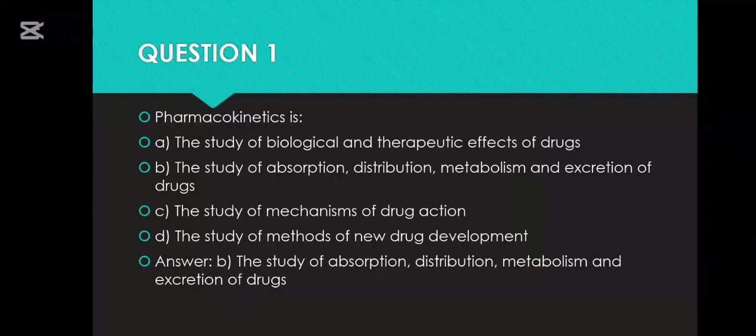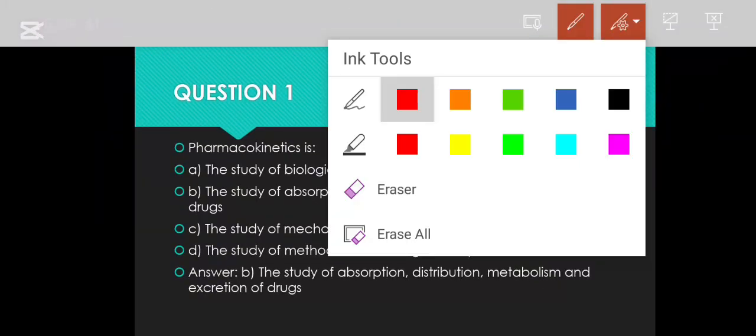Then C, the study of mechanism of drug action. C is wrong, because this is pharmacodynamics. And then D, the study of method of new drug development. Basically not related to pharmacokinetics or pharmacodynamics. Then I say the answer is B, because it's the study of absorption, distribution, metabolism, and excretion of drugs. So that's pharmacokinetics, and for those who want to learn more about pharmacokinetics, it is abbreviated as